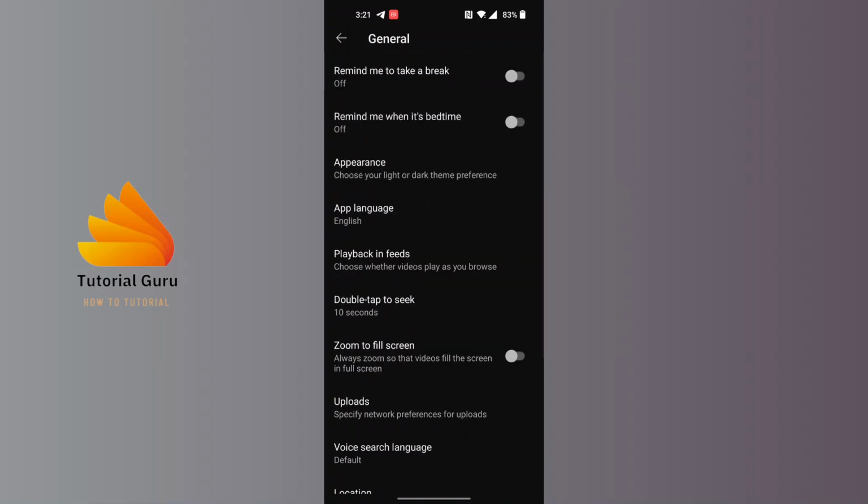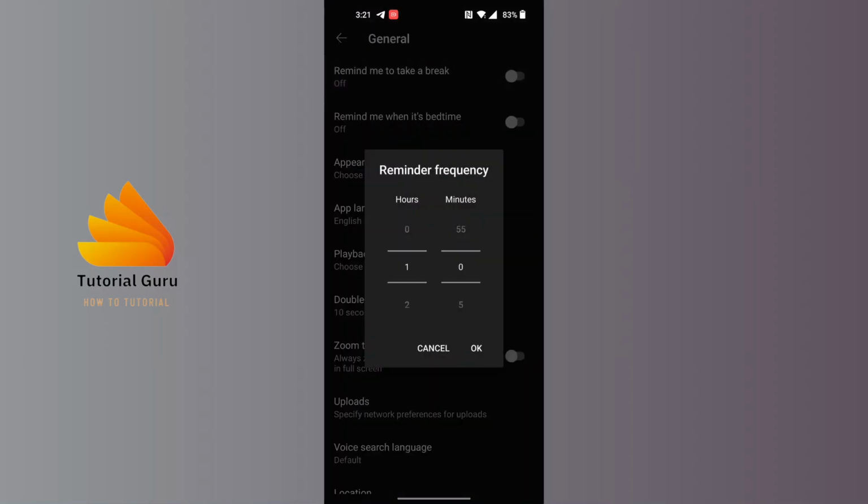Tap on general, and you can see, guys, here it says remind me to take a break. This is the alarm system by YouTube to remind you to take a break. Now to enable it, tap on the toggle icon at the right side of it, and you can see, guys,